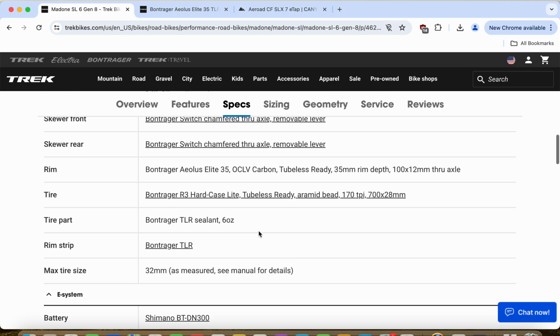I believe they are the Bontrager R3 hard case tire, 28mm tires front and the back, which is excellent, nice air volume here. This should be an absolute minimum in today's bikes to have 28mm tires front and back, and tubeless ready tires. And this Trek Madone SL frame and the fork can accept easily 32mm tires as measured, and this means that you will still have few millimeters on each side of the frame and the fork available. I think it's like 4mm each side. So all in, it's kind of almost like a bulletproof frame and the fork for the future,